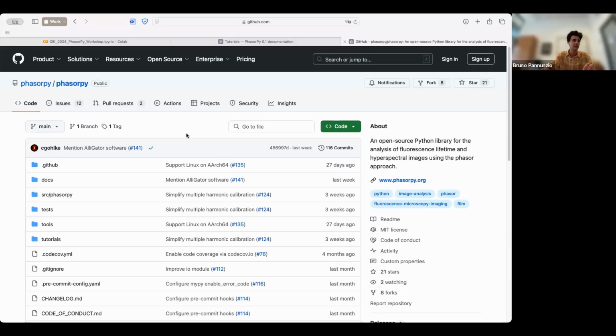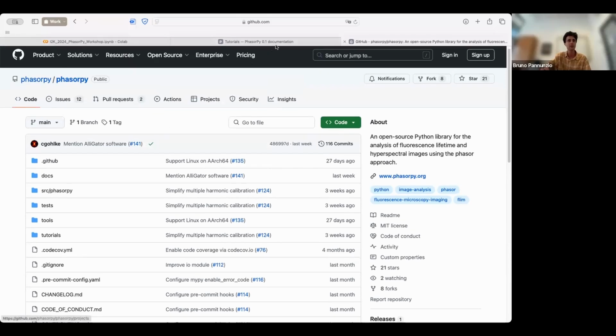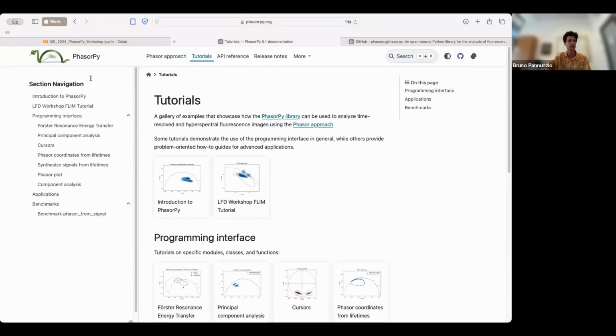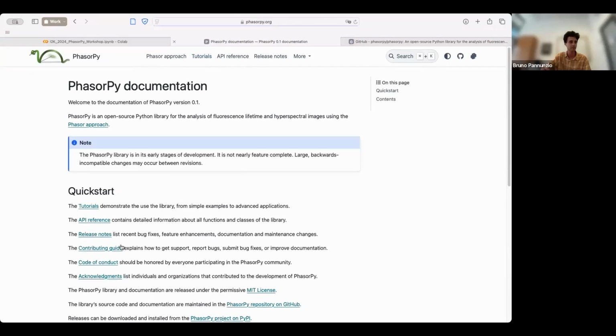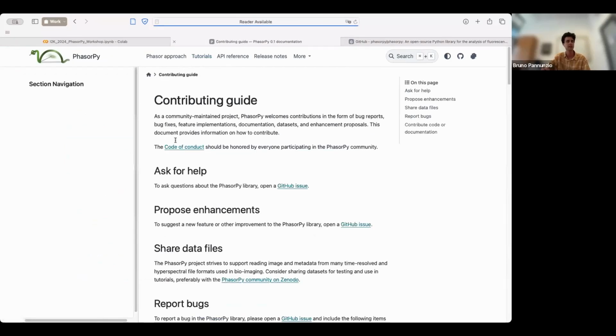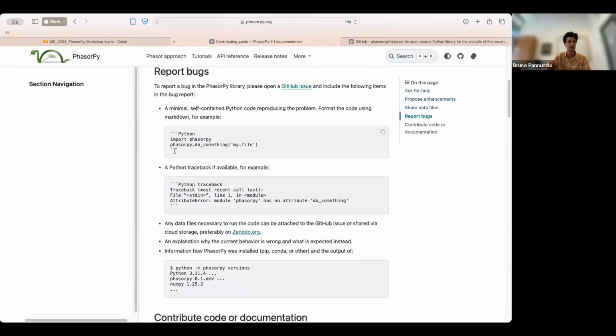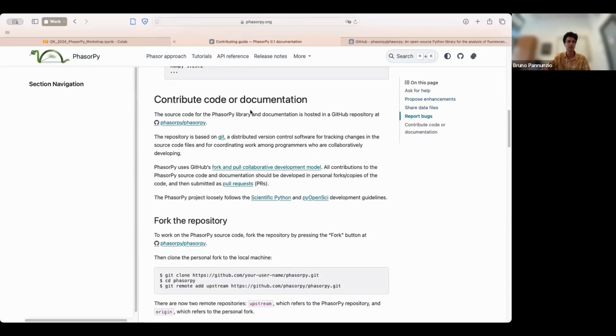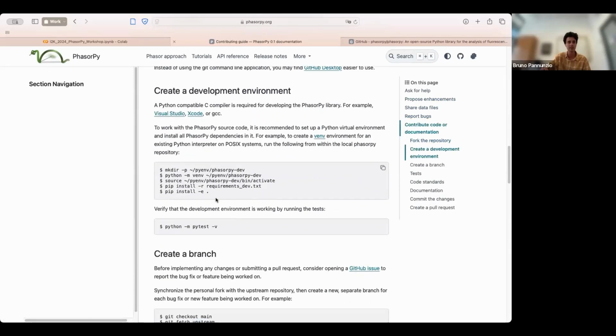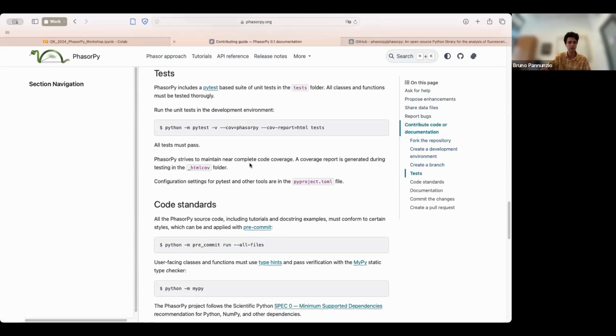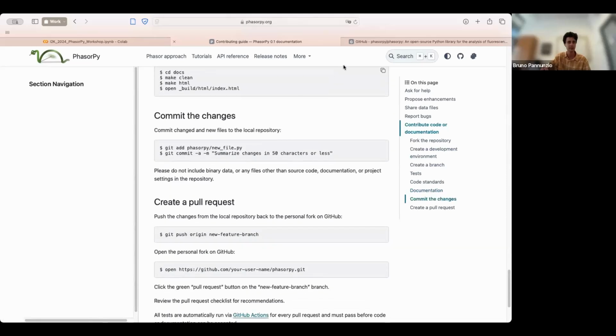And it's open for everyone to contribute and include what they think can be useful for phasor analysis in this library. So we also have in the webpage a contributing guide. Here we have a very detailed guide on how to contribute code, what the requirements are, how to create a pull request,